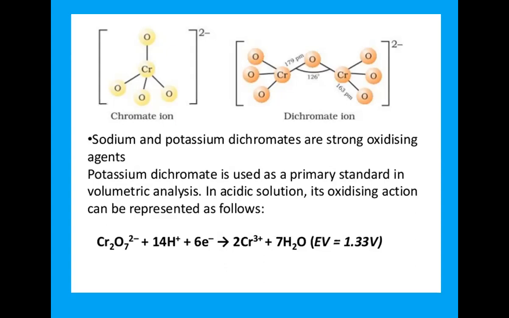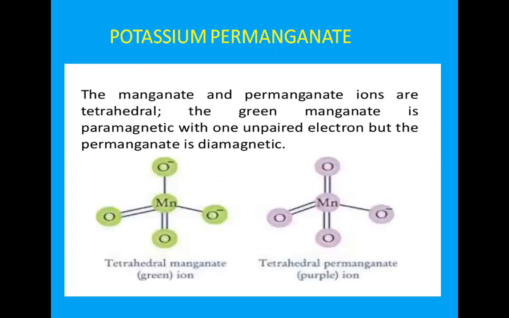So these are capable of interconverting between chromate as well as dichromate form. Chromate ion and dichromate ion, their respective structures are given here. In a dichromate, two chromium atoms are linked with one oxygen. That means two tetrahedra are bridged by one oxygen atom with a bond angle of 126 degrees. When we observe the half cell reaction of this dichromate, its electrode potential value is found to be 1.33 V. That means it is a very strong oxidizing agent.